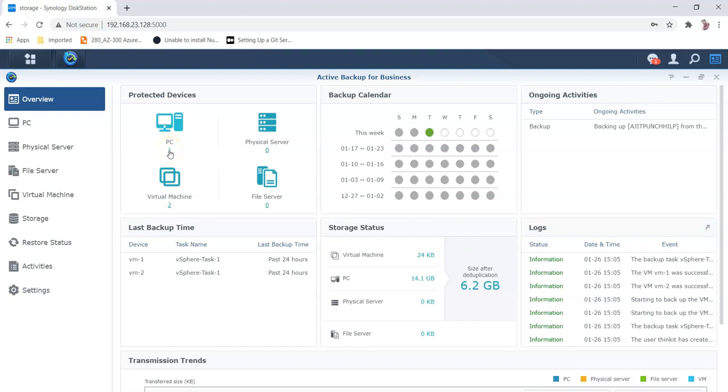So in this video I have shown you how we can install, how we can bypass the activation process, how we can add a PC during the backup process, and how I can back up the VMware infrastructure. I'll come with more videos related to taking a backup of Office 365 infrastructure.